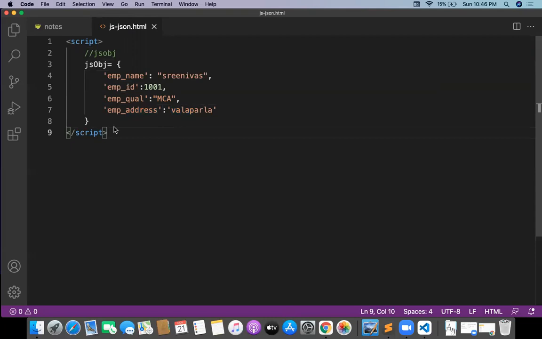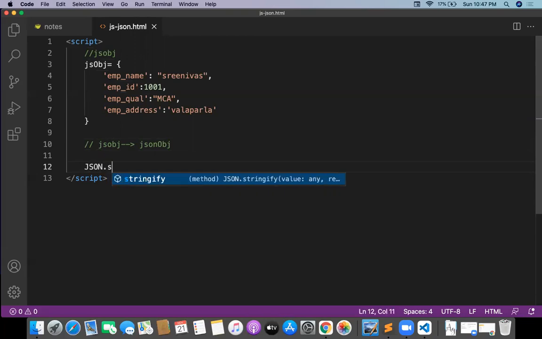And finally, I want to convert JavaScript to JSON. So, a JSON object. How to convert JS to JSON? This is very important, JS object to JSON object. And for this, I need to take JSON.stringify.